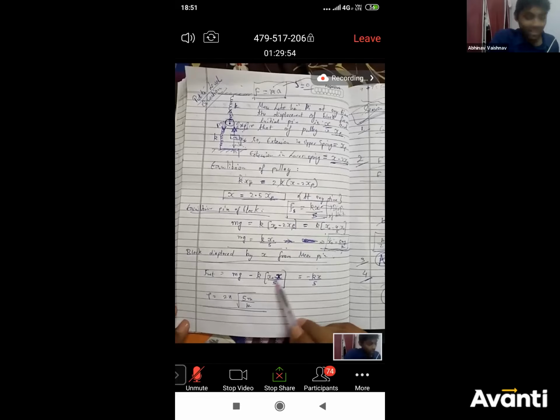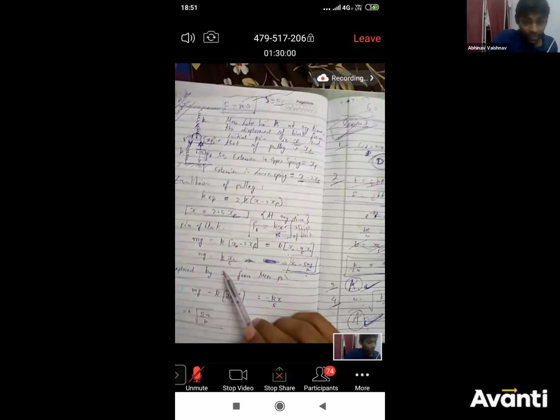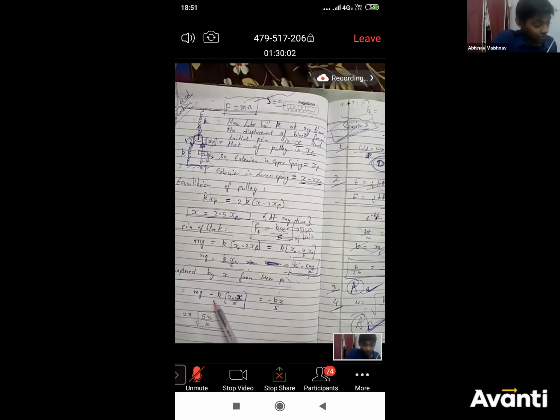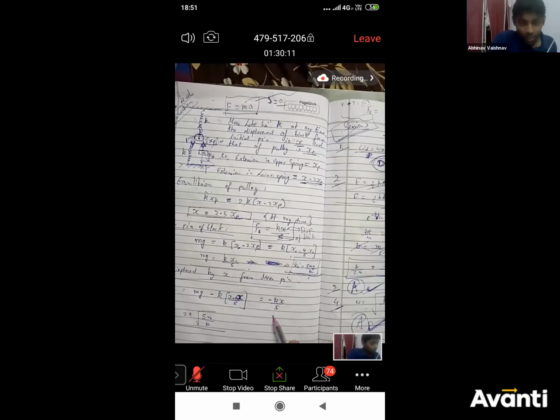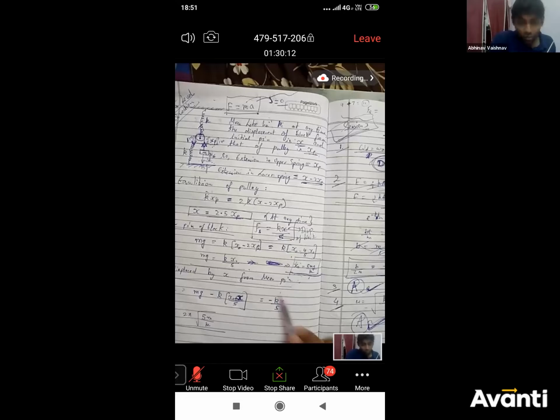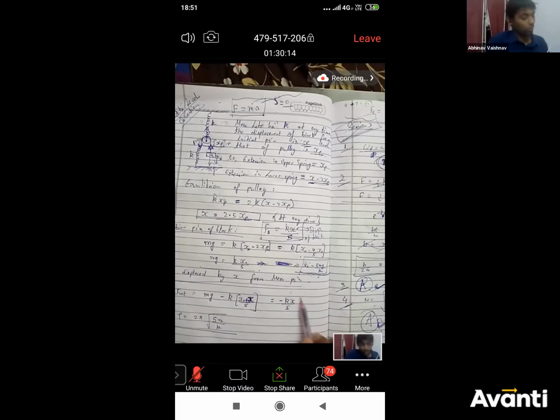Now the first term will cancel here, as you can see here, mg equals kx naught by 5. So the first term will cancel, mg minus kx naught by 5, right? The first term will cancel and we will be left with minus kx by 5. That is what you are left with, right? So this is the net force, and when you have net force, so now you can find the time period.